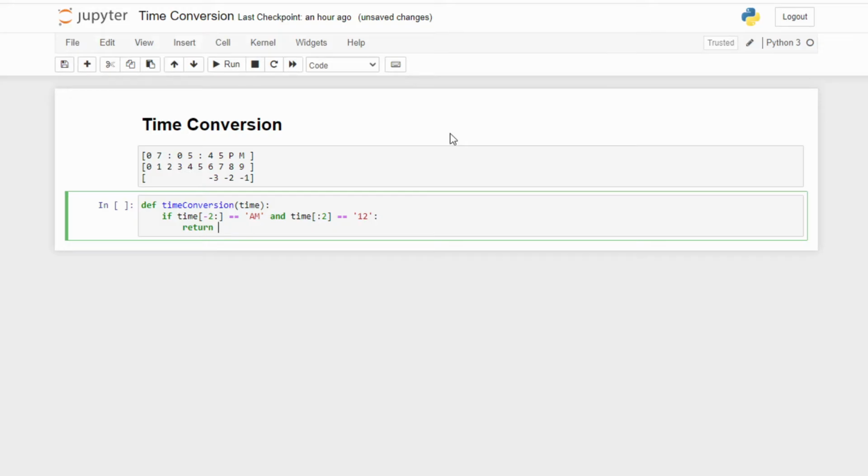The 24-hour clock will start from 0, followed by the same, because in every case the minutes and seconds are going to be just same. We just have to work on hour part and AM PM part. Let's just print minute and second as it is.